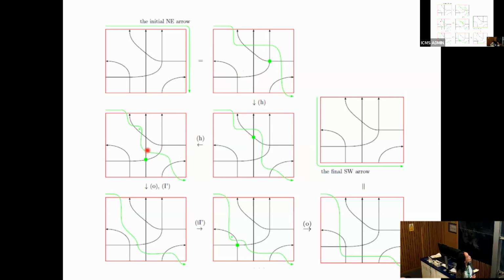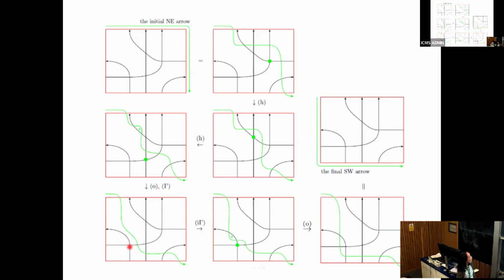And now we have this crossing of green and black arrows. And to remove this, we use the inversion relation like this, for example, I prime. And at the same time, we can apply move O to go across this vertex like this. And so next,